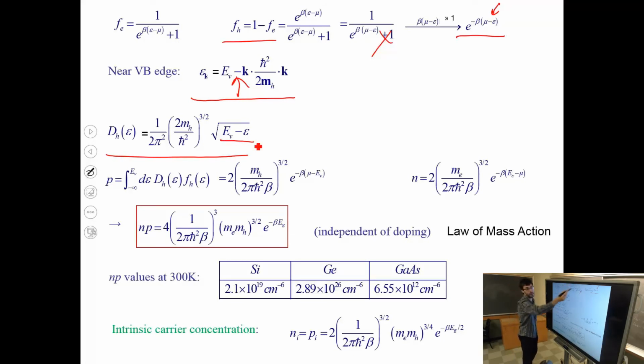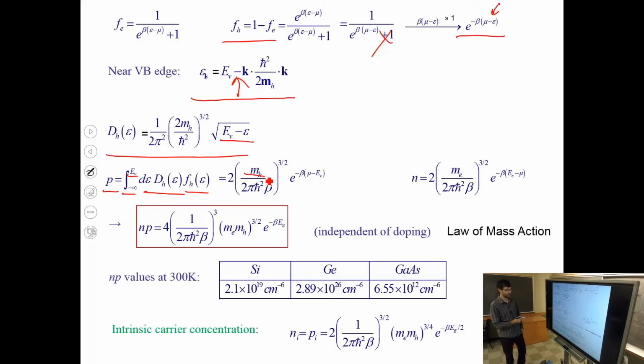So with all these minus signs, however, the expression is very, very similar for the concentration of holes, which is p. p for holes, for positive; n for negative electrons. We integrate from the top of the valence band to minus infinity how many eigenstates we have, the density of states, times the probability of occupying them, and we get this exponential factor here with the hole mass in front.